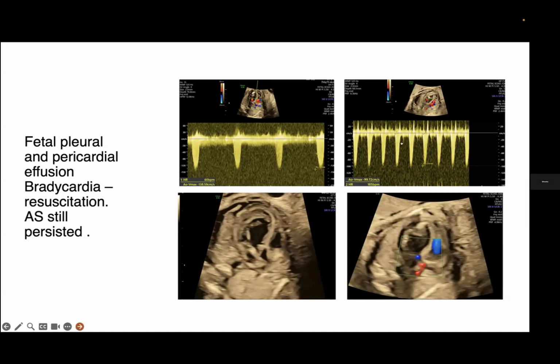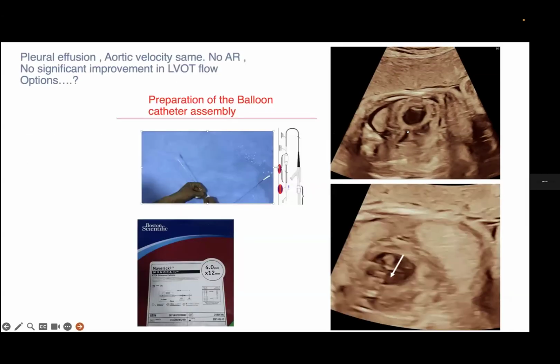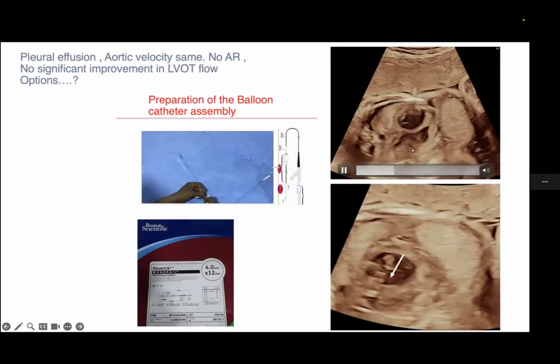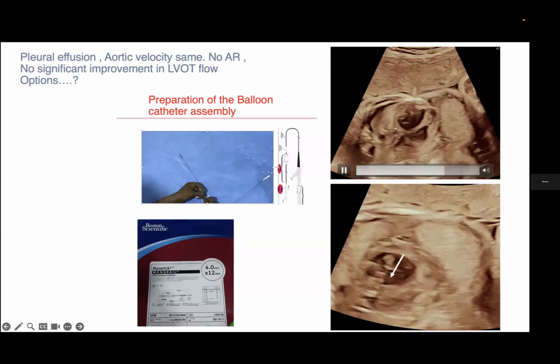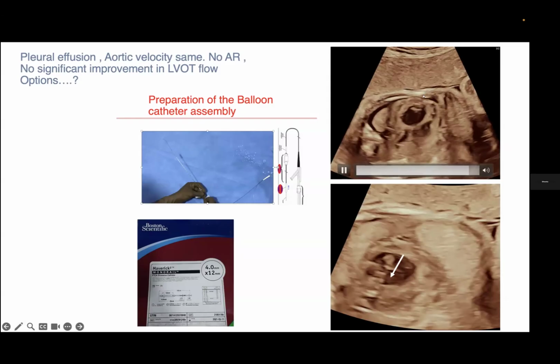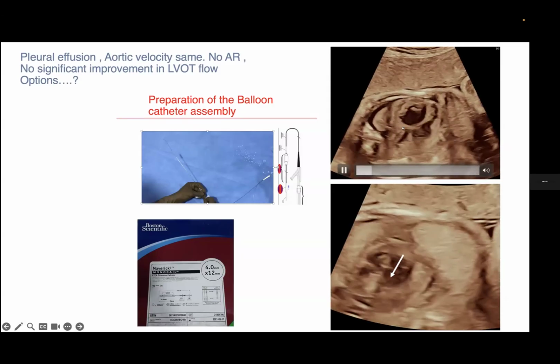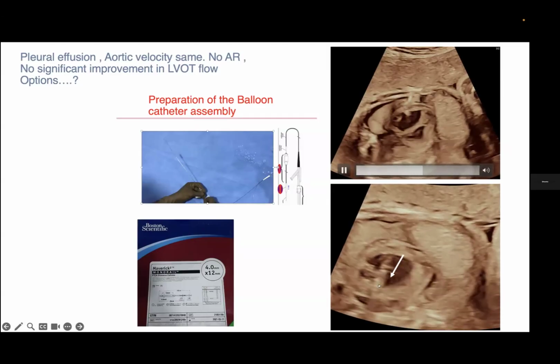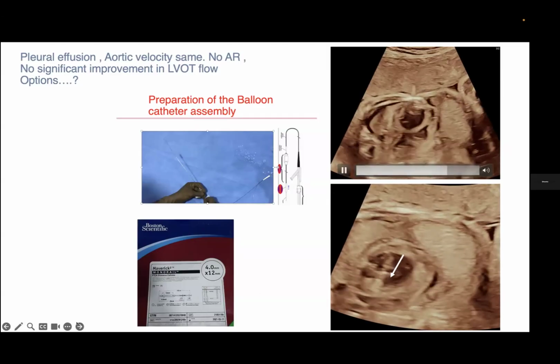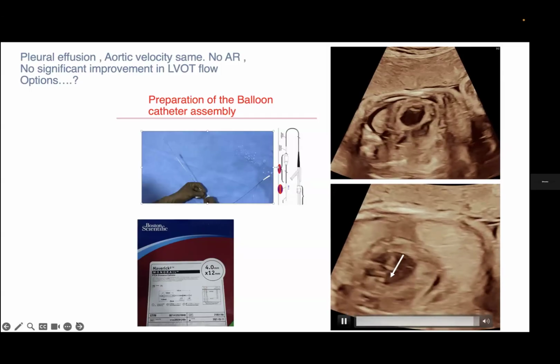Now, here is a situation where there is a hemodynamic collapse and the aortic valve is inadequately open. So we have to take a really bold decision and go ahead. You can see that there is a formation of pleural effusion also. So what we did is we went ahead with a bigger balloon and over the bigger needle, and we successfully